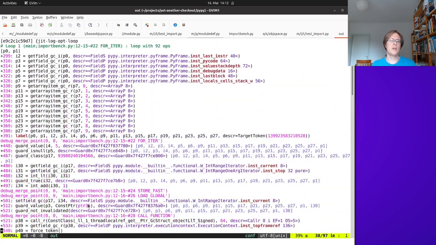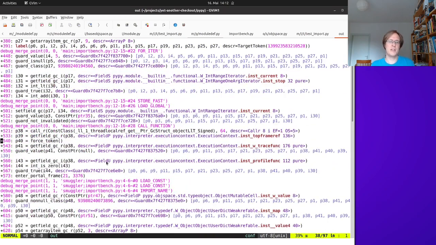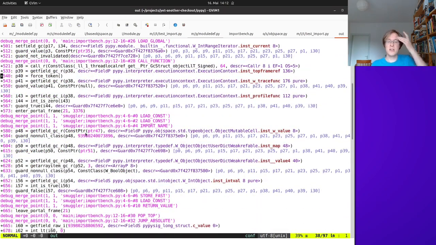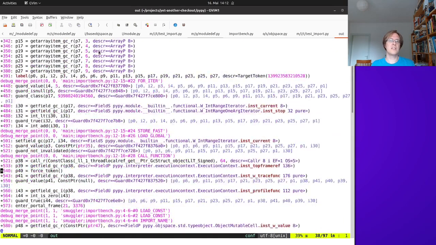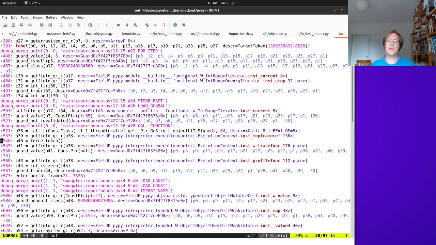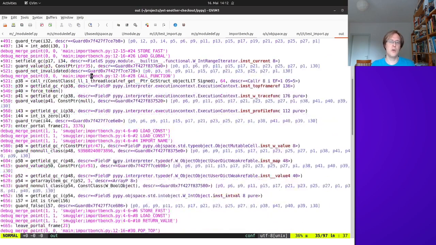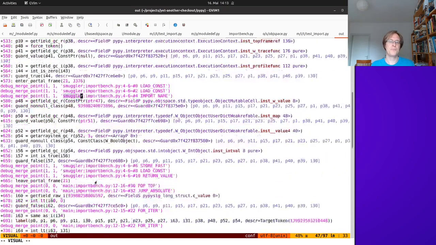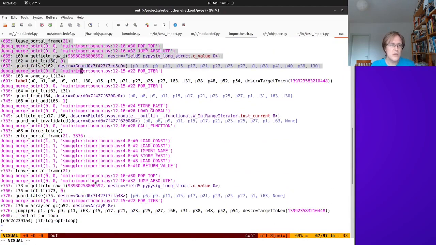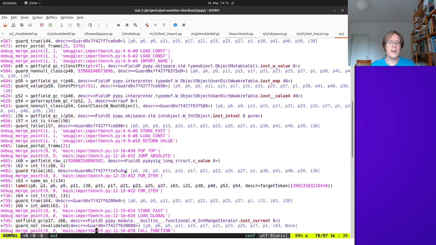So this is the trace. This is the intermediate representation of the machine code that's being produced. We've looked at it in the stream a couple of times in the past, and I don't want to talk a lot about it. But the thing that I want to look into here is the trace for main, the main function in the benchmark, and in the main function we have a call to the smuggler function, which we see here, and then in the smuggler function we have the